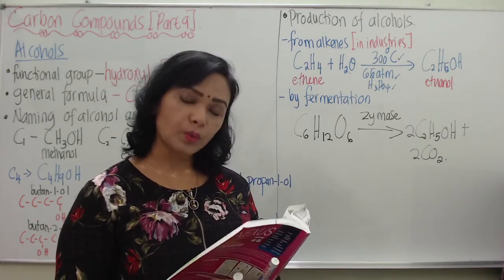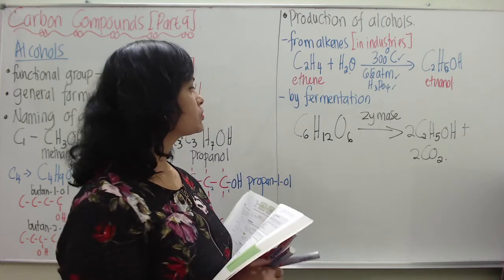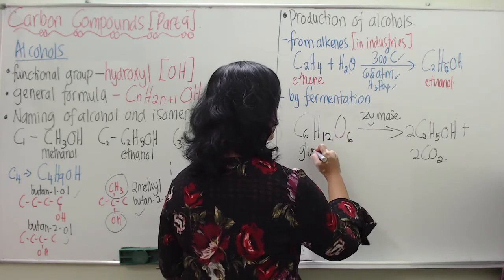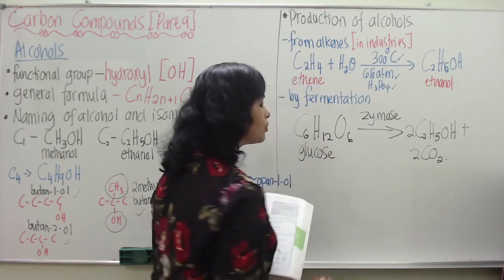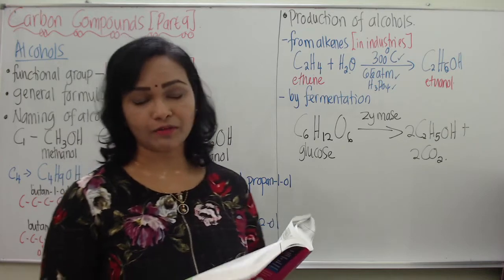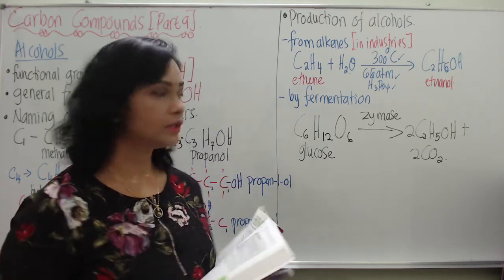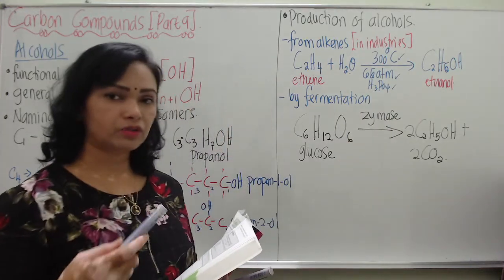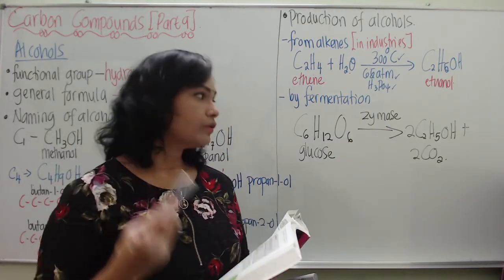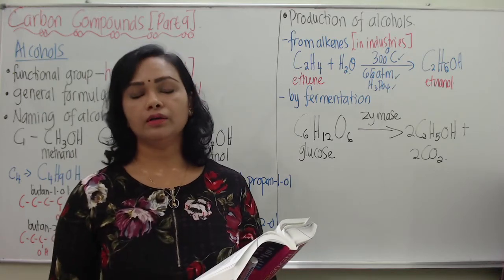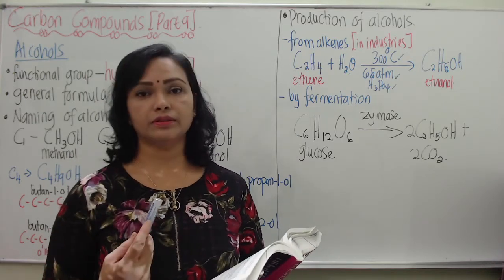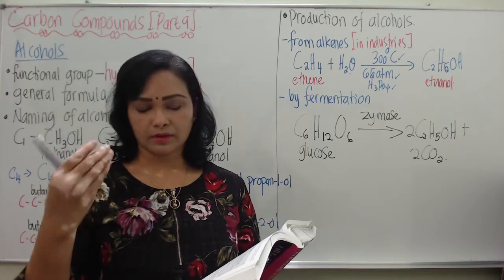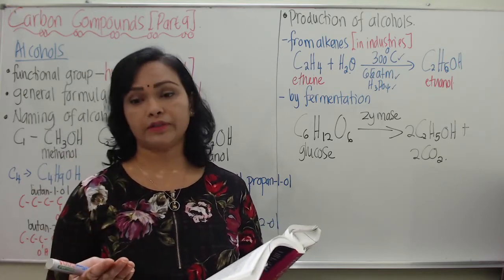Now this is a very slow process. Why slow? Because you have to wait for the glucose to go through fermentation. You have to wait almost 2 to 3 days for the glucose to ferment, which produces ethanol with a mixture of carbon dioxide and all that. Now if you want to get pure ethanol, you have to go through distillation. So this is quite a long process, and you cannot guarantee that you're going to get a lot of ethanol.